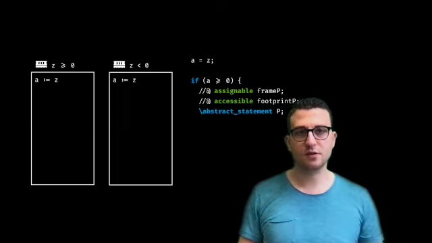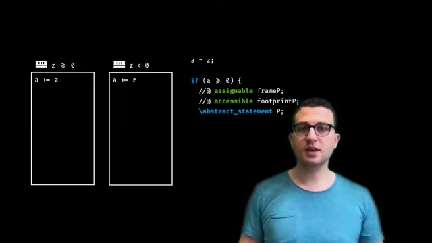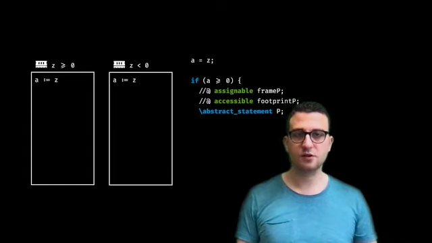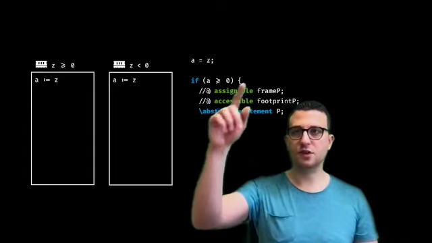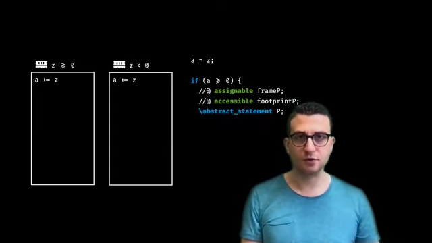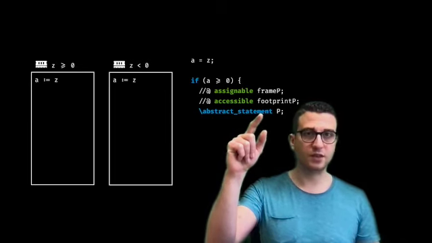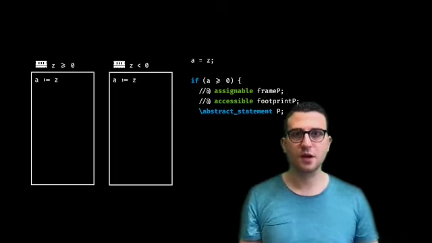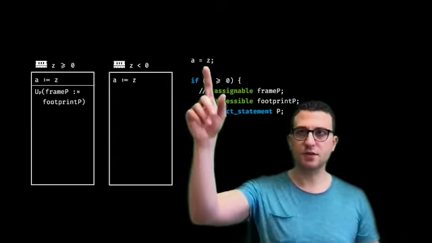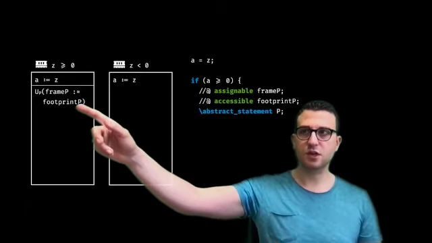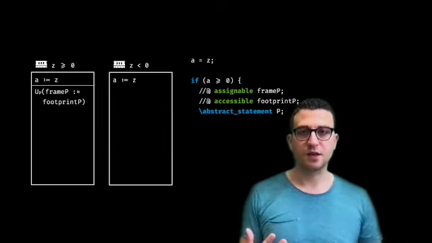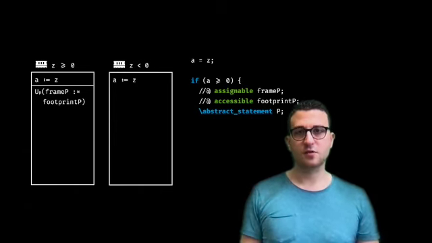So first we hit this abstract statement here. And now again, if we assume just for now that we don't have abrupt completion here, that this just does some changes to frame P, reading some of the locations in footprint P, where both of them are upper bounds, right? So instantiations of P might also just not write anything or write everything in frame P. So if we assume that this just completes normally, we can basically do the same thing as for this trivial assignment here. We can just write these changes over there. And since these are abstract changes, we need an abstract way of representing these assignments to the store. And this works via an abstract update.